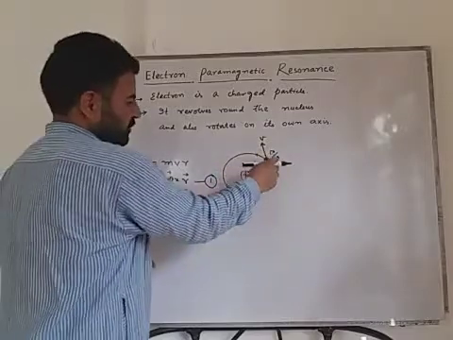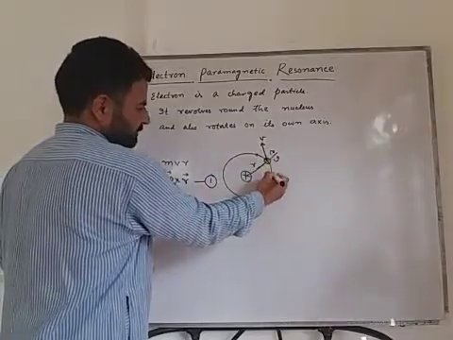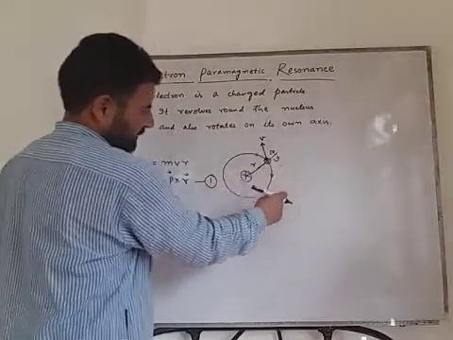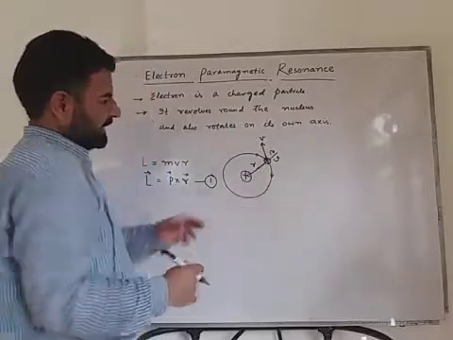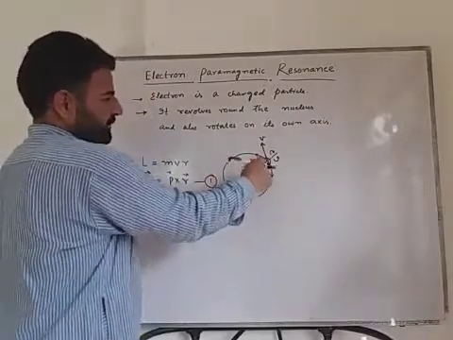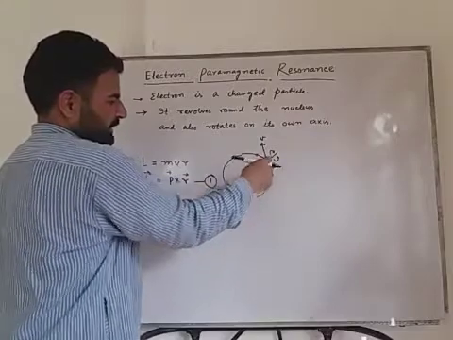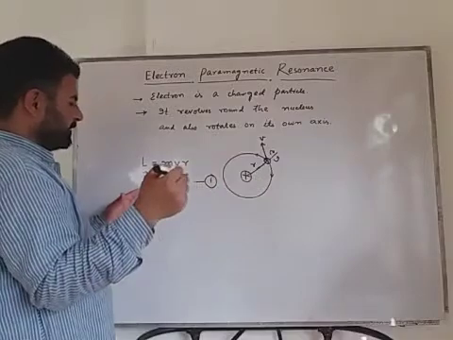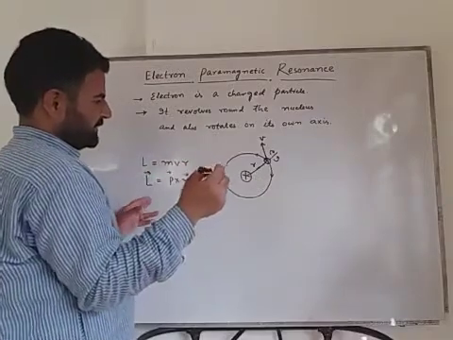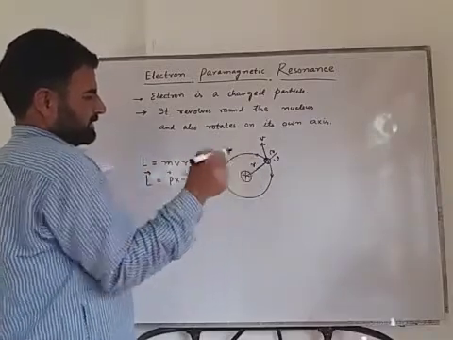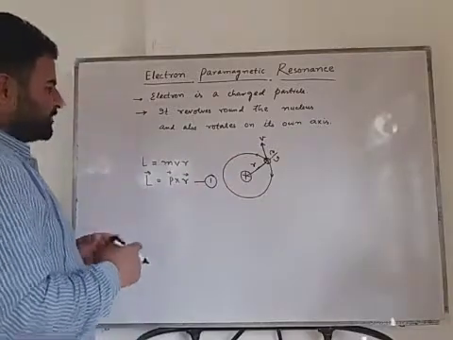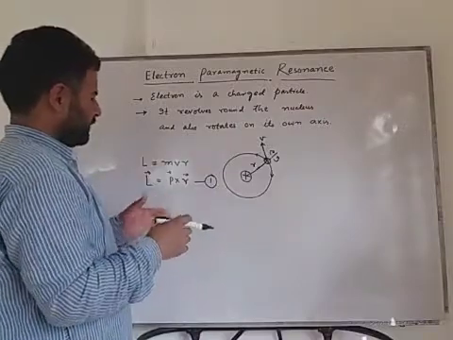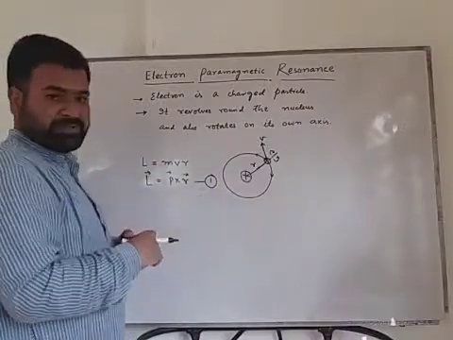And in case of the clockwise direction, if the electron moves like this, the velocity vector will be in this direction, and when we rotate v cross r, it will go inside the plane. So the orbital angular momentum vector direction will be inside the plane. That means it will be downwards. Okay, so it depends on the direction of revolution of the electron around the nucleus.